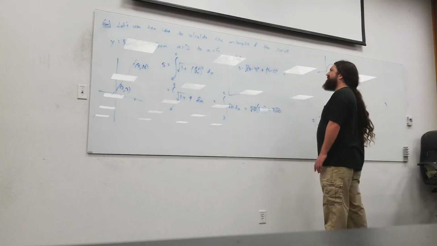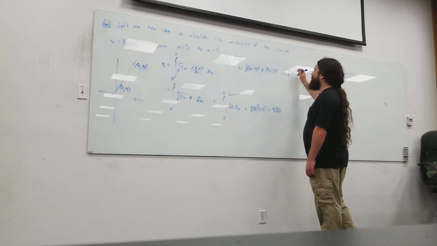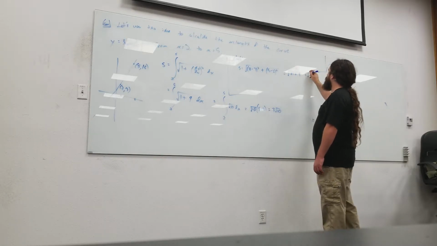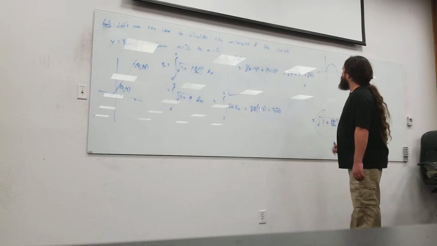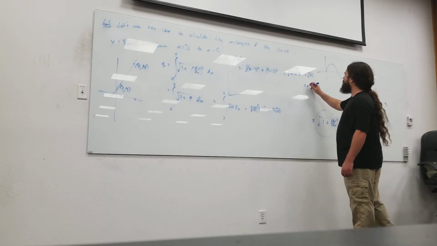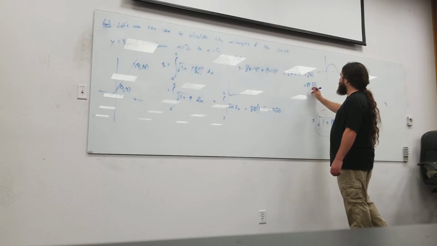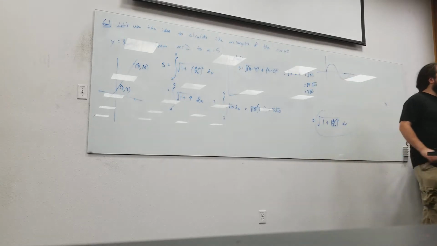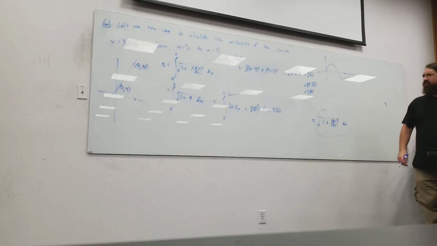Alright, 16 minus 7 is 9, so I've got 81 plus 9, is that right? Okay, so I've got the square root of 90. Now I can take a 9 out of that. This is square root of 9 times square root of 10, which of course is 3 root 10. So it does seem to be matching up, but again, the same argument for the Pythagorean theorem works for straight lines